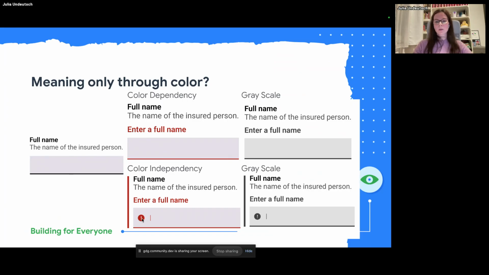And when we look at it in grayscale, we can also see the difference when we compare it to the previous version, that there is something going on here. These are sometimes, I think, simple steps we could do to make this component or this element way more accessible.